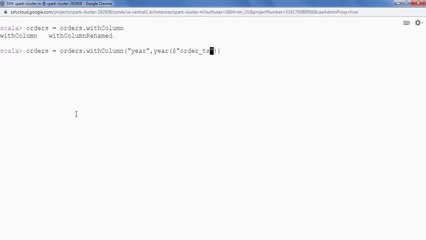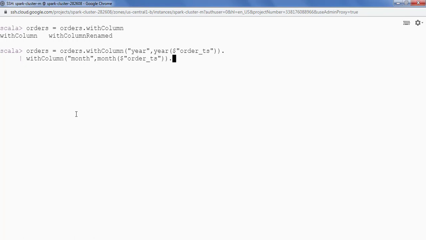So it will extract the year from the timestamp. Now on top of this I will again call withColumn, and again I want to add month. For that I can use a function called month, and again I'll be passing order_ts.